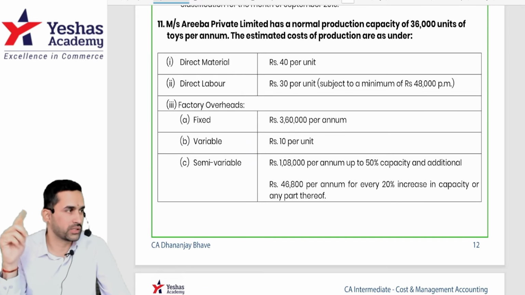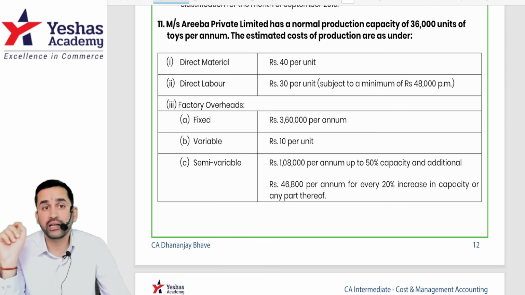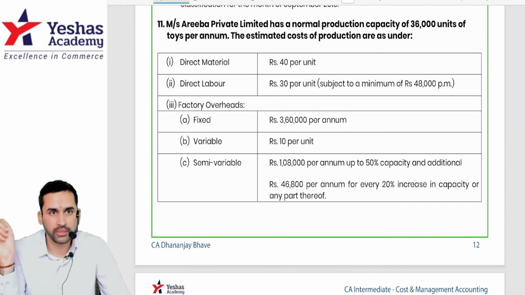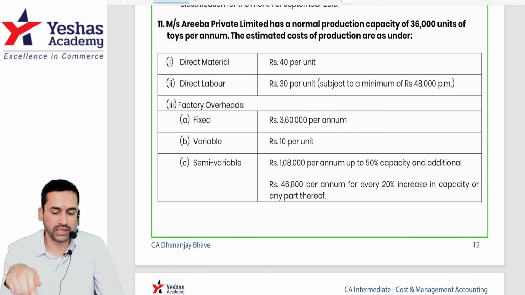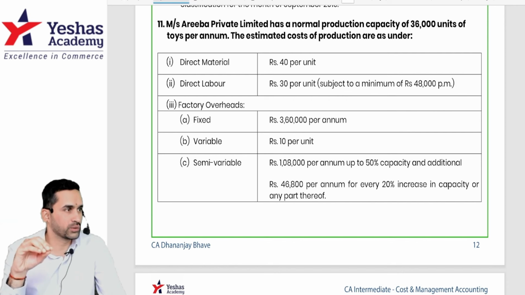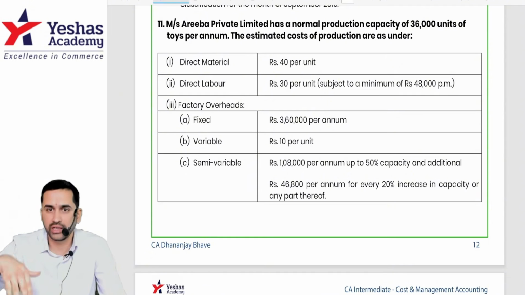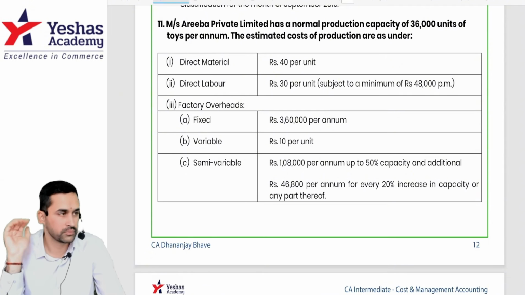In labor chapter, you will study in detail. This is called guaranteed minimum wage. Even if the production is 0, you will still get 48,000 per month. If you earn more than that, say 2,000 into 30, then you will get 60,000 only, not 48,000. So in a way, tell me, is employee safe in this condition? Anything happens, he knows he'll get 48,000. He can earn only more than 48, but he can't go less than 48.